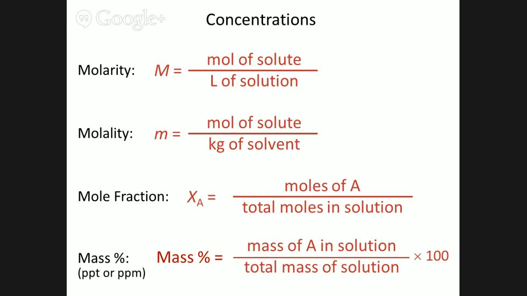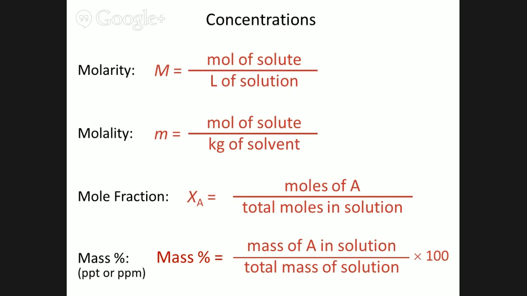Now, in this case, the mass percent is done in terms of grams per grams, but we can also have a percentage in which it's grams per milliliter of solution. That's a very common one. And the key here is it's done as a percent, though sometimes we see it as parts per thousand or